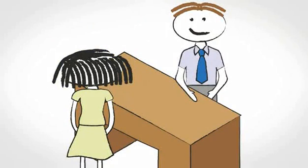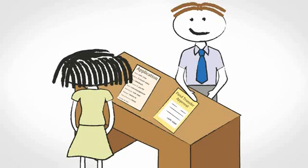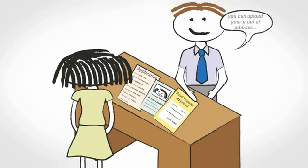Laura meets with Manuel, a new account representative. She decides to open an account and they fill in the application together. She also completes a fund transfer approval form. Laura brought her driver's license as proof of ID. She also needs to provide proof of address, like a utility bill, but she doesn't have one yet at her new home. Manuel tells her she will receive a text and email from the bank with a link to upload